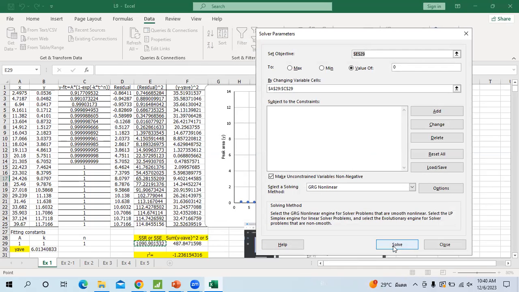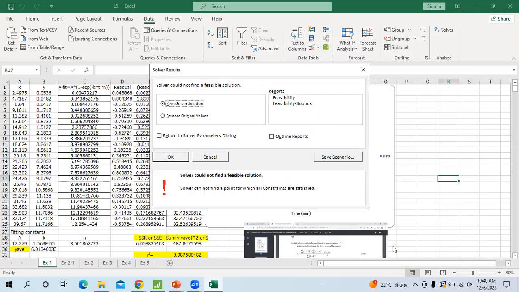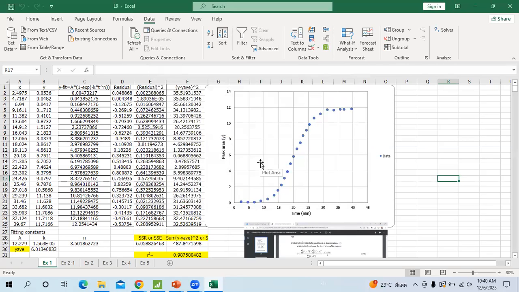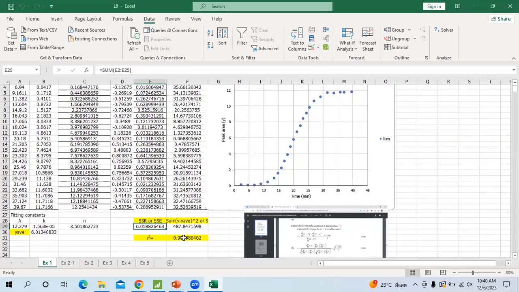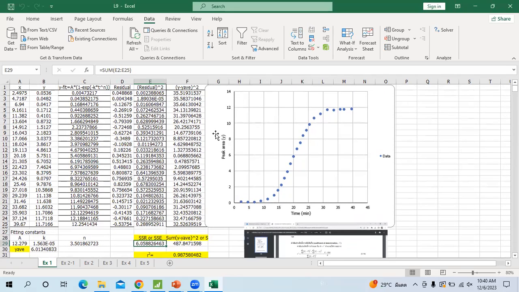And now we solve this. You get this answer. A, K is 1.5, N is 2.5. You get this, and the sum of square error is 6. I would like to check whether this is accurate or correct or not. I just have some R square ready for this. If I plot,